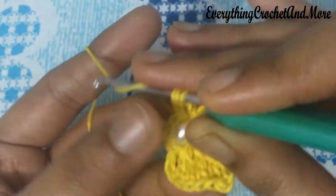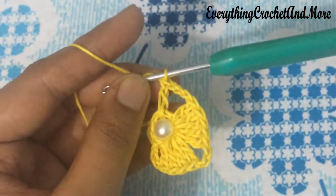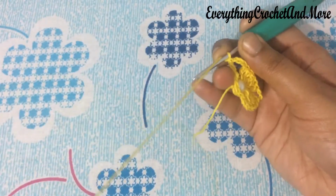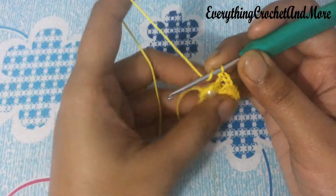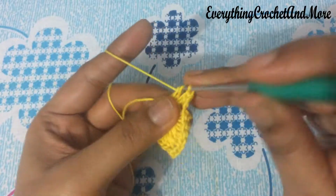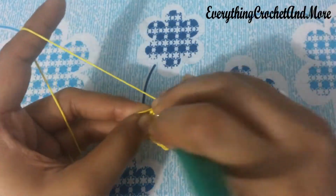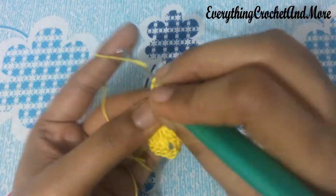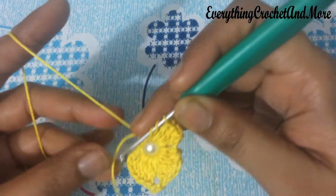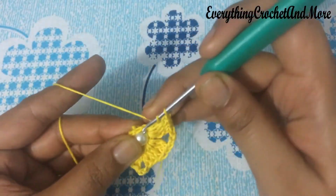Like so, and a double crochet. Again, put your hook under that same chain 4 loop and a double crochet. Again, double crochet. 3 done, 2 more to go. Again a double crochet and